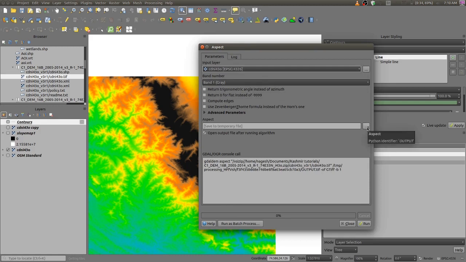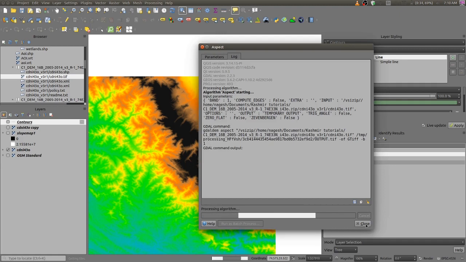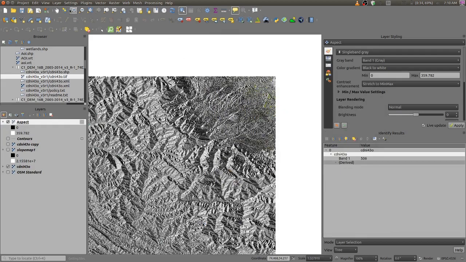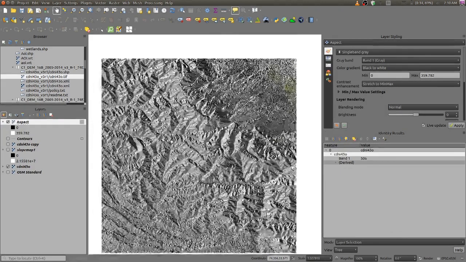If you want, you can save the file, otherwise it will create a temporary file and load it here in our map area. Let us run this aspect algorithm. See, this is the result of the aspect tool.